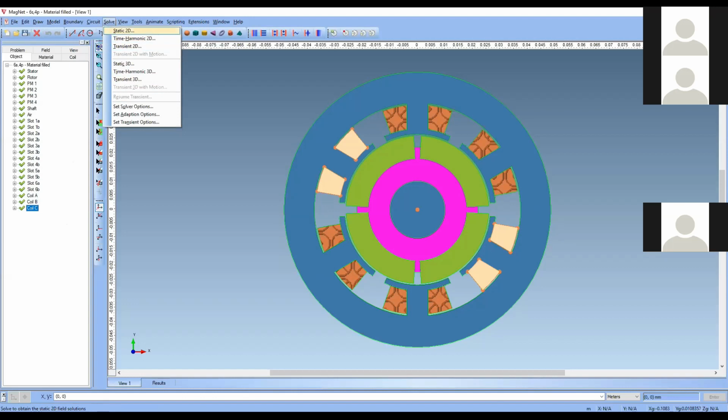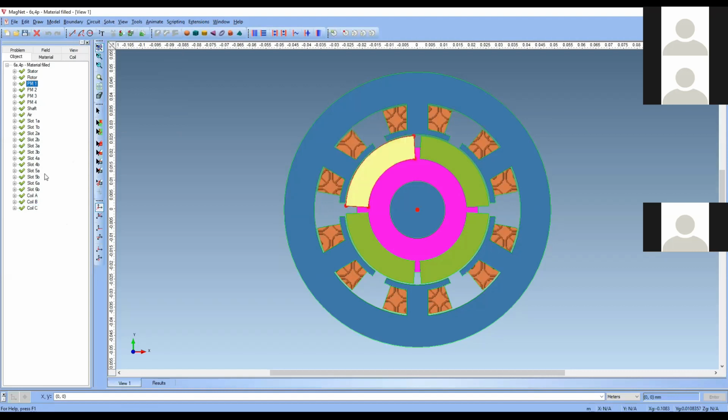So what you want to do is, I will give you one trick now. You want to select all the rotating components here and rotate them.